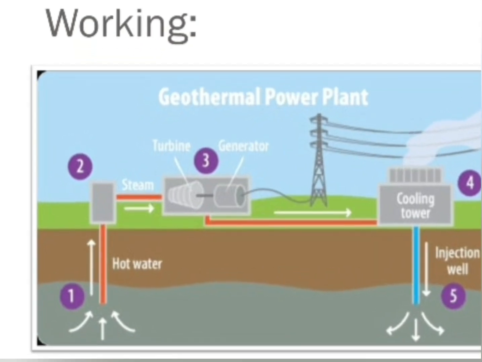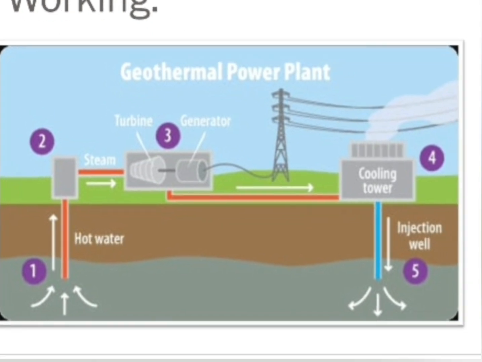And after the water is turned into steam, this steam drives the turbine, which is connected to a generator. So after the steam drives the turbine, the generator produces the electricity. That is the third step. Now after electricity is produced, the fourth step is that the steam goes through a cooling tower where the